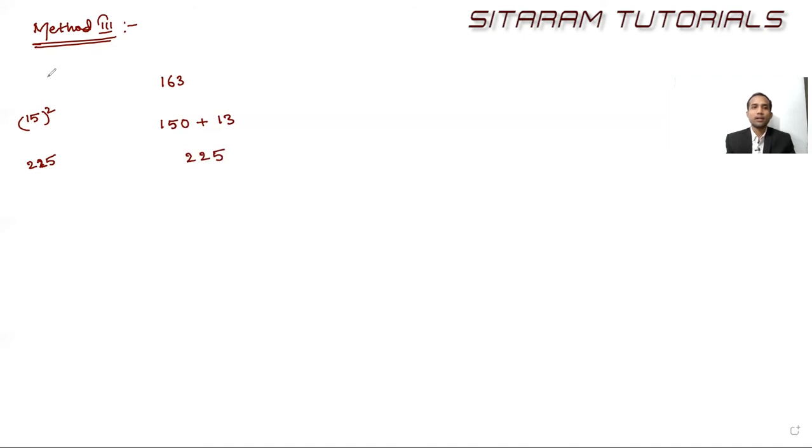After that, the same 15 we need to take and divide it by 5. Then we get the answer 3. This 3 is called the key number. That key number we need to multiply with 13. So 13 3s are 39. Since we added here, this number also we need to add here. So what do you get? 14, and this is 6, and this is 2. 264.